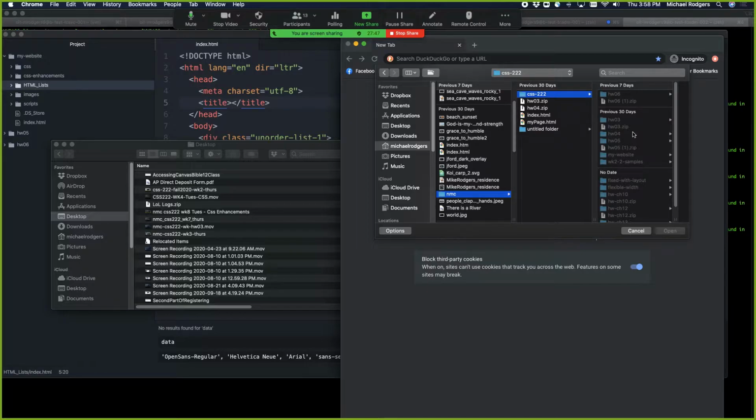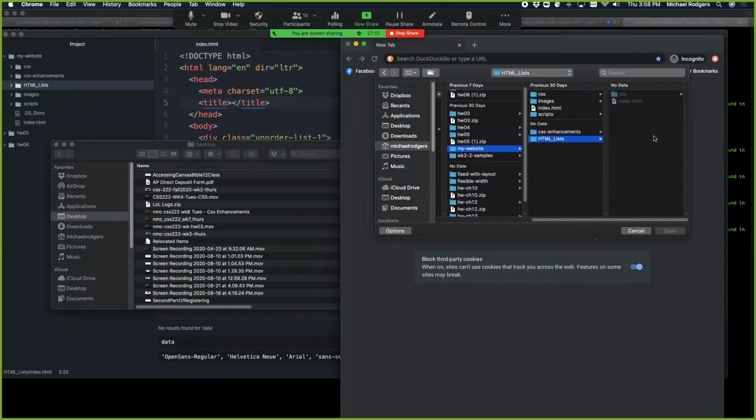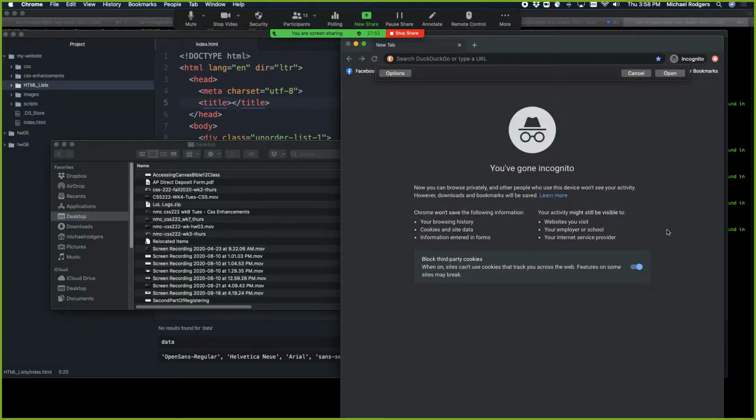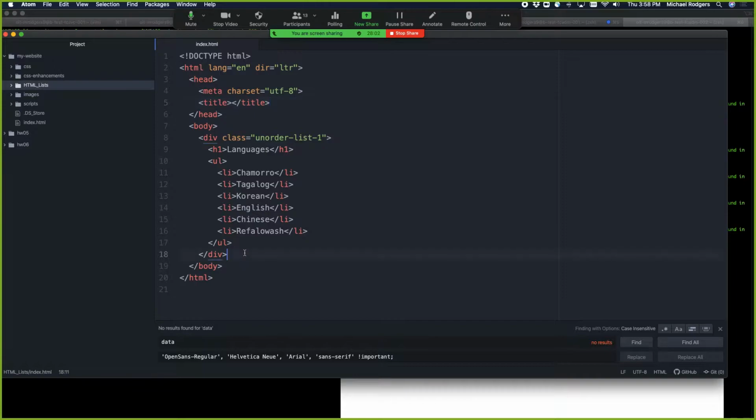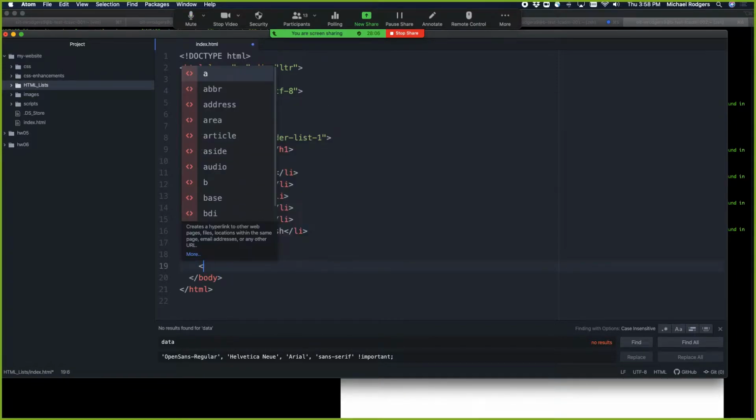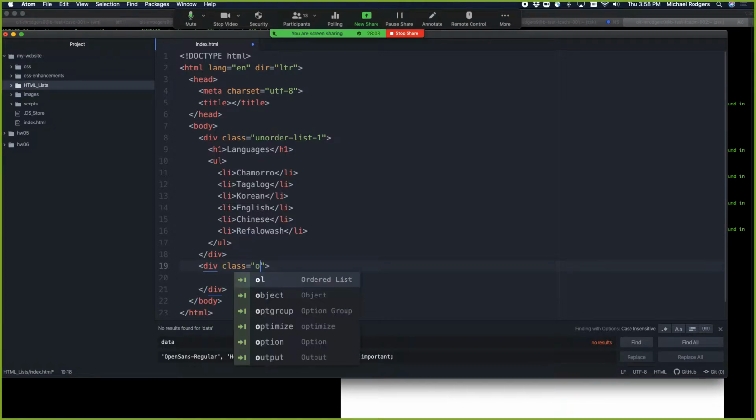And CSS, and I think I put it underneath here. Yep. Index. Okay. So very simple unordered list, right? All right, so let's go ahead and create a second list. I'm going to create an ordered